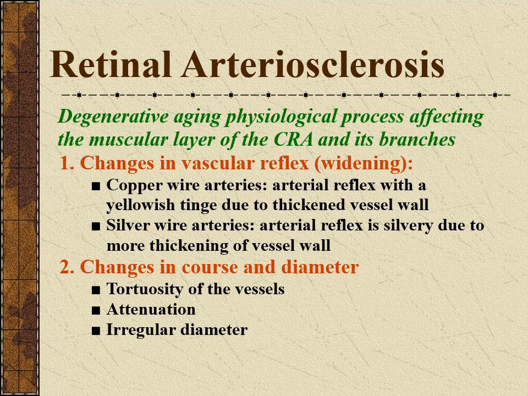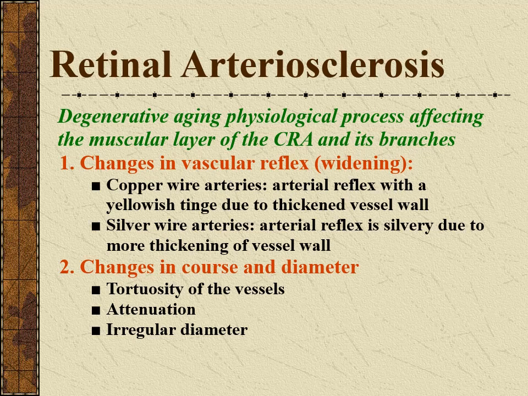The clinical picture, or the changes that affect the retina resulting from arteriosclerosis, will mainly affect the arteries, because the materials will deposit in the muscular layer of the artery, changing its normal appearance. The earliest change will be a change in the vascular reflex of the artery, so it will appear white. Also, the arterioles will have an appearance called copper wire appearance, where the arterial reflex will appear slightly yellowish. This will later convert into the silver wire appearance, where the arterioles will appear slightly white when there is a severe deposition of the materials in the muscular wall of the arterioles.